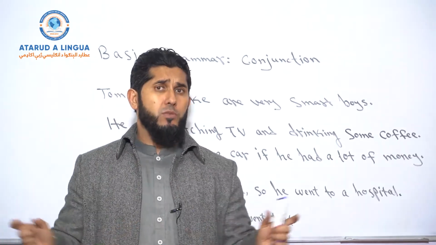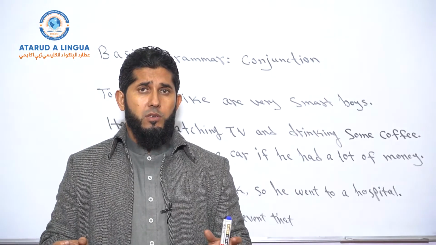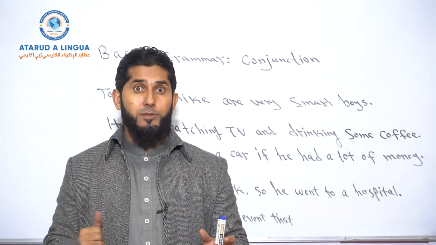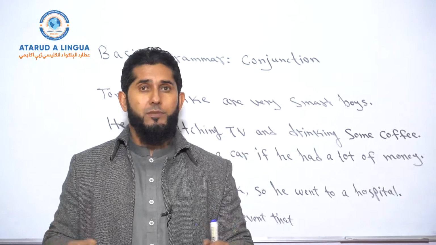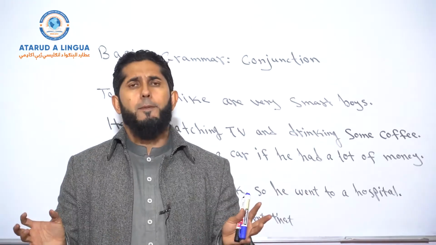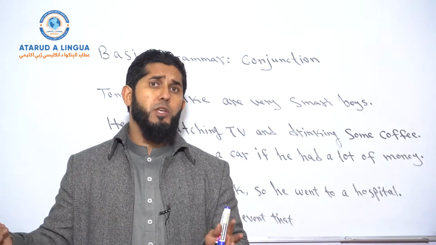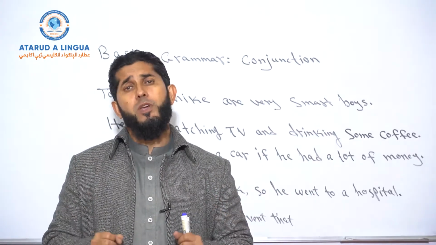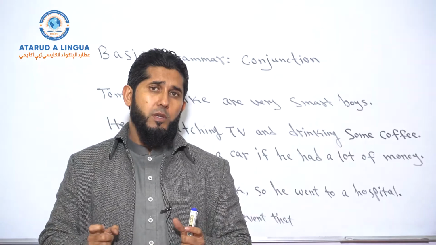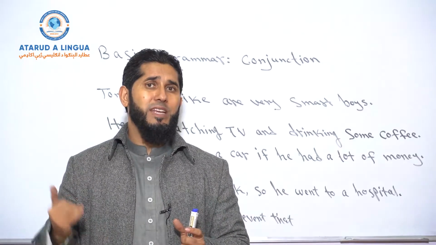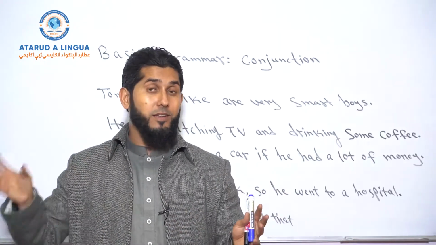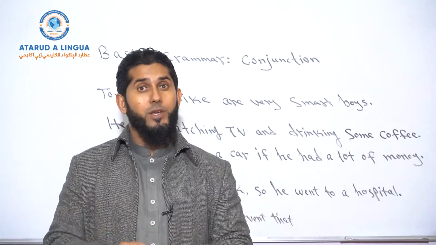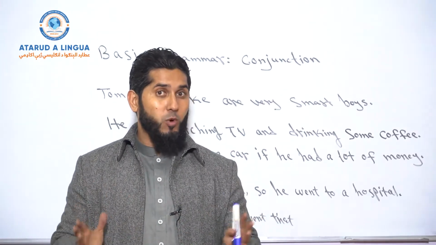You may combine 2 adjectives. He is very smart and intelligent. So smart and intelligent, 2 adjectives. You may combine 2 pronouns. He and she came over here yesterday. So he and she, 2 pronouns. You may combine 2 adverbs. He works honestly and enthusiastically. See, honestly and enthusiastically, 2 adverbs. So yeah, when we talk about words,